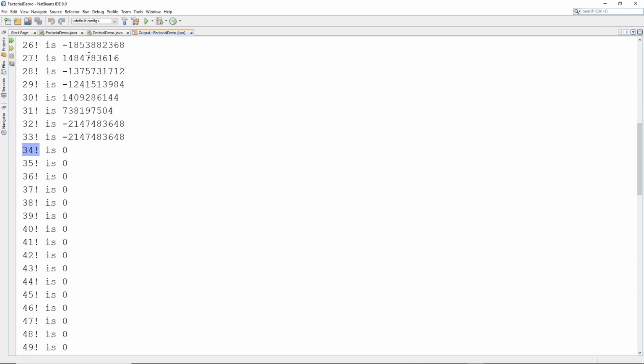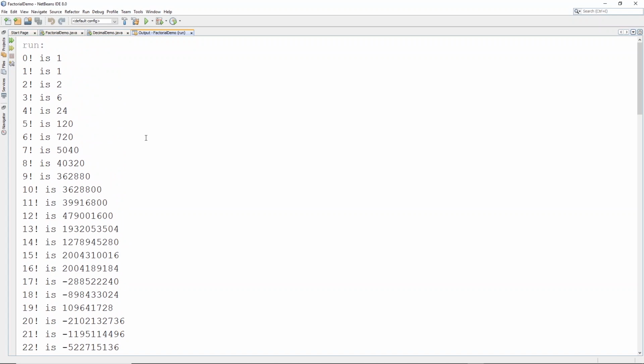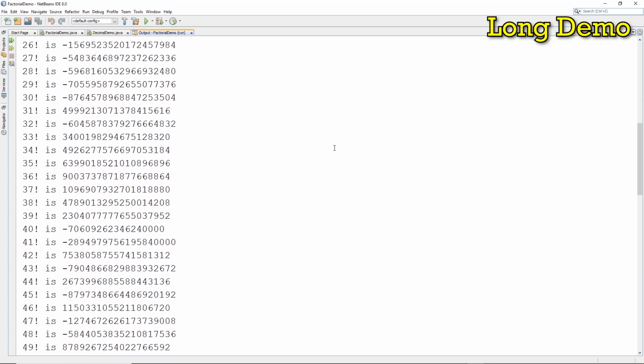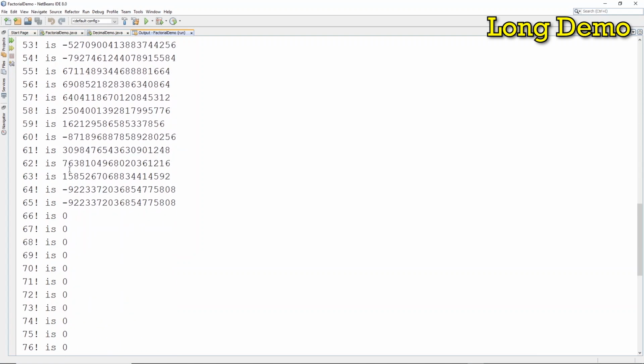Now, I'm going to show you what will happen if we run this and ask the system to actually run the number using a long data type. Now here is the result for when we use long as the data type. So as you can see here, the number is extended a lot further than before,